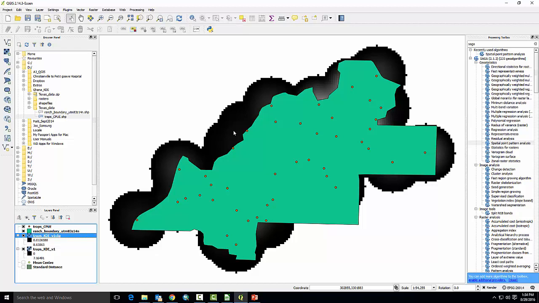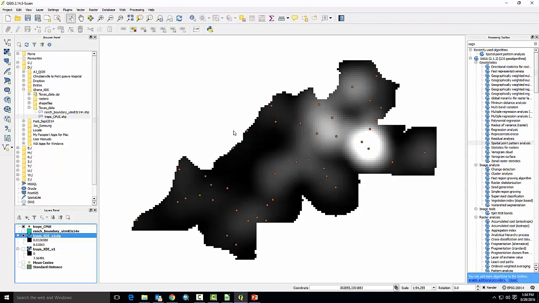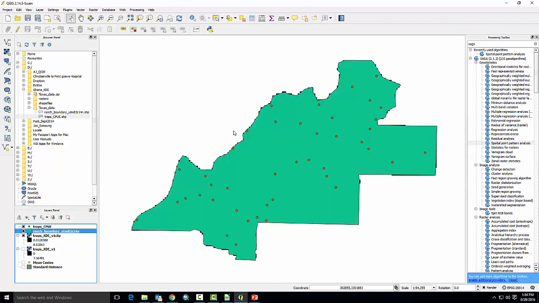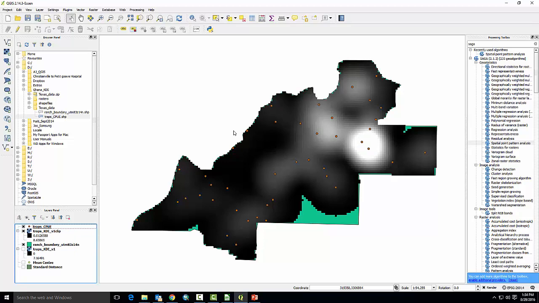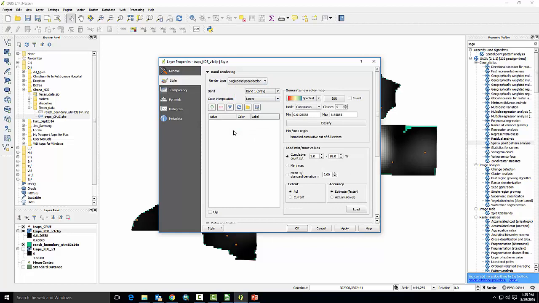Okay, so I've just performed the clip, and if I turn off my ranch, or if I bring the boundary to the bottom, we can see that I've now clipped my analysis to only the extent of my sampling. And if I wanted to, we could also change color. So to do that, I've double-clicked on Traps KDE to open the layer properties. Under render type, I've selected pseudo color, and here I can select a color ramp that I feel is appropriate. So here I'll go from orange to red,